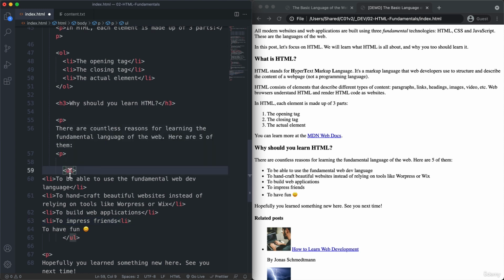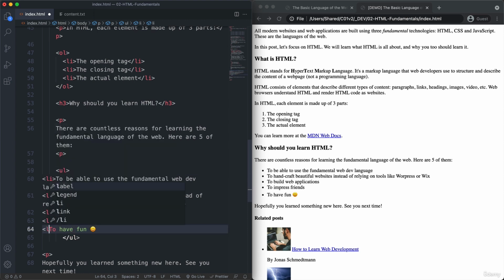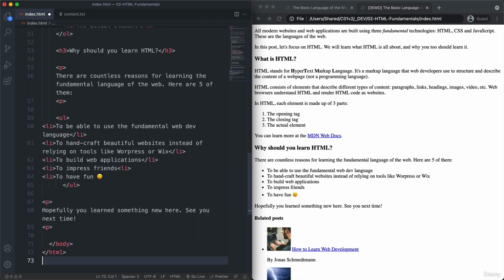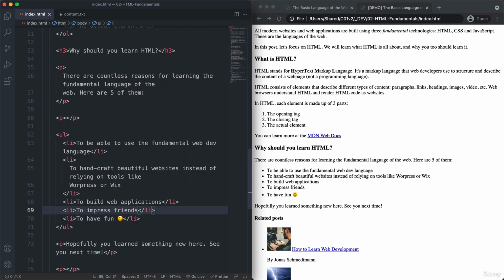So for example, this element here is not a child element of P, so it should be aligned here. And we could do that manually, of course, simply by deleting this space, but we can also just leave it to Prettier once we save the file. Sorry. And here I'm missing the closing slash. And now, as I was saying, as I save the file, then Prettier does its magic